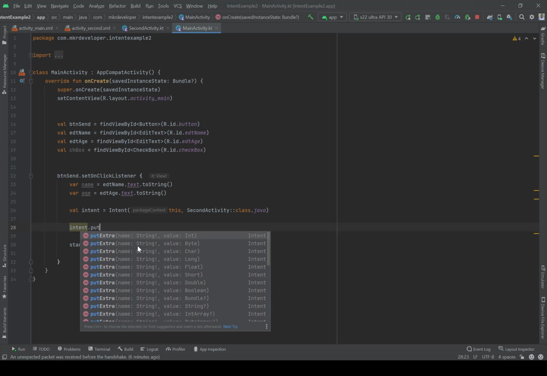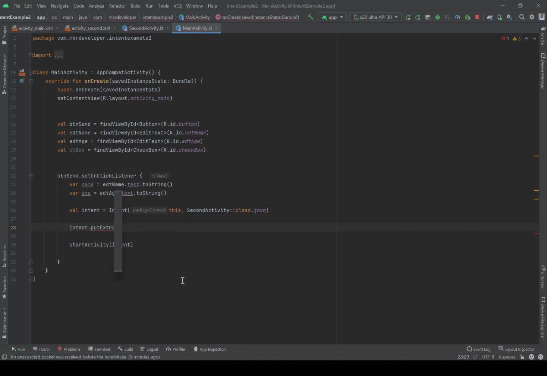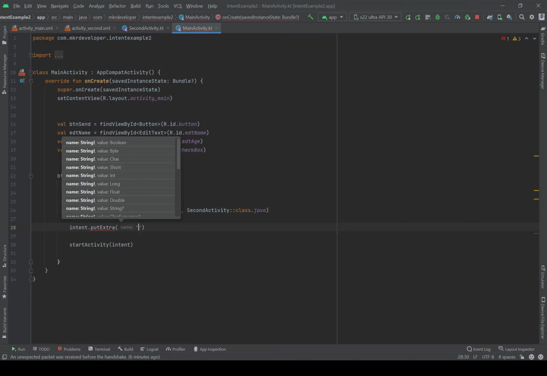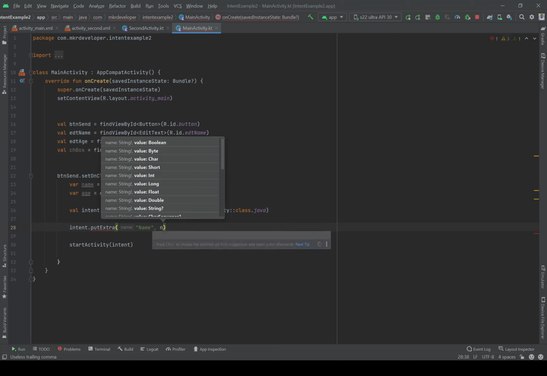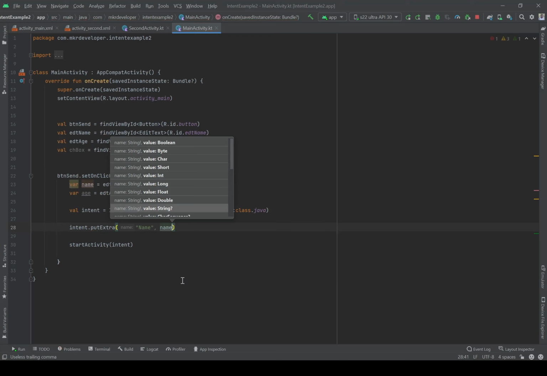by intent. Here between two brackets show that we need only two things. First of all, the name that should be in a string type, and the second part is the data that we want to send. So put extra, and the key for the first one, I'm going to write the name, and the data should be this name. Okay,